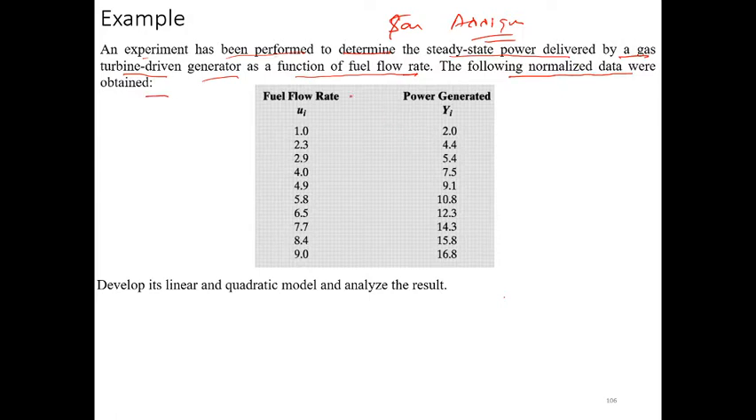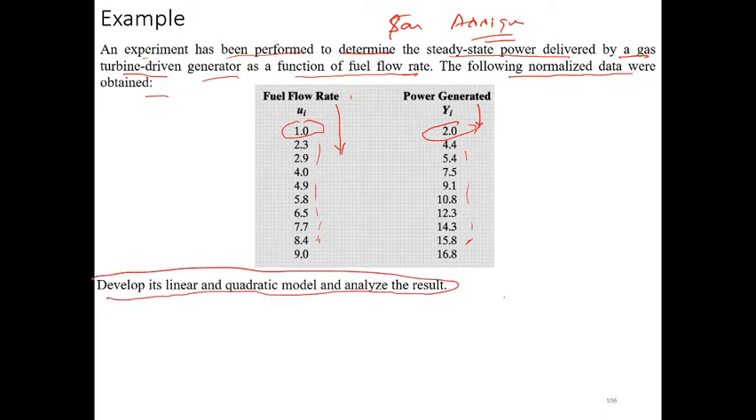This is the fuel flow rate and this is the power generated. So if the fuel flow rate is, let's say, 1, then your power generated is 2, and like that. You have to develop the linear and quadratic model and analyze the result. I have only taught you the linear model, however the quadratic model I have not taught. But in the Seborg book,